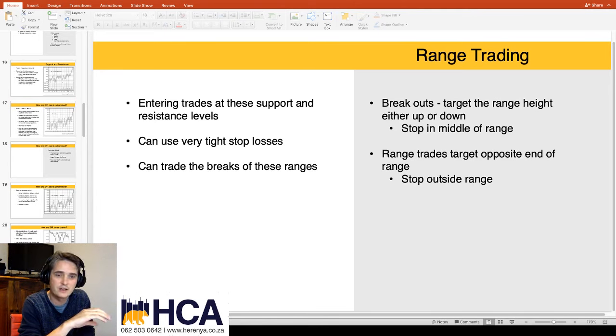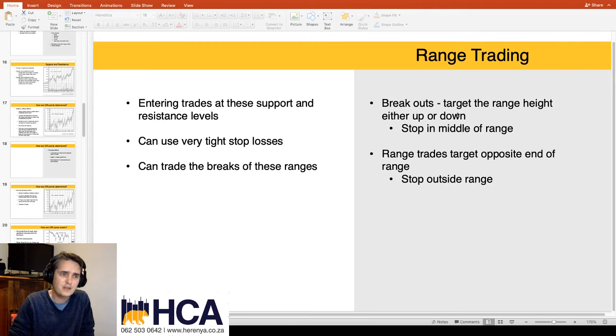You can trade the breakouts of the range, so that support, resistance, is trading in a range between sort of 10 and 12 Rand. Eventually it breaks out above 12 Rand, you go long, or it breaks below 10 Rand, you can go short. Alternatively, you can trade within the range itself, where you trade the distance between 10 and 12, right? And you take that 2 Rand. Well, you won't get exactly 2 Rand, but you take that and you have a very high risk reward setup.